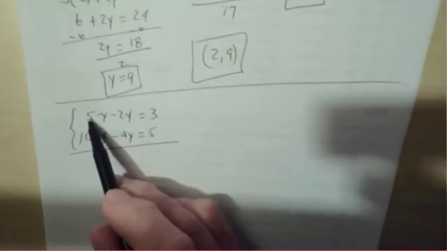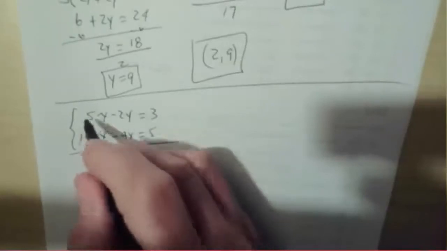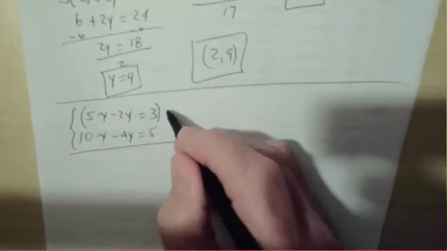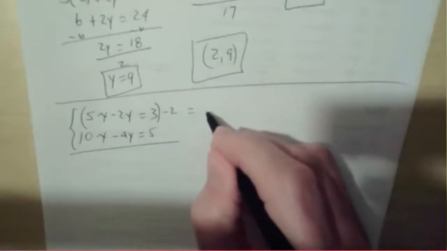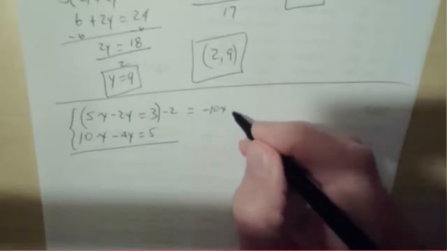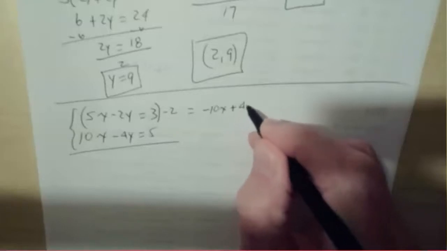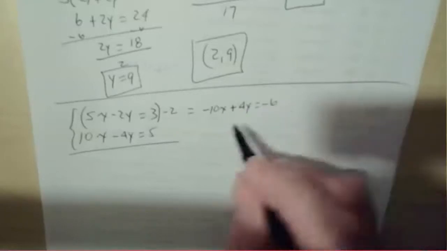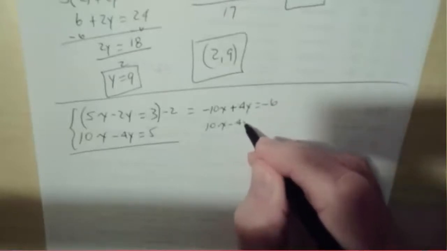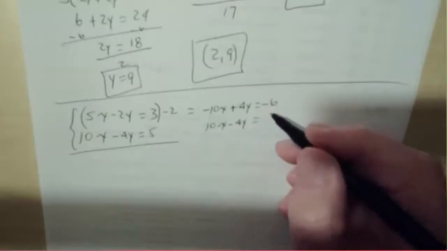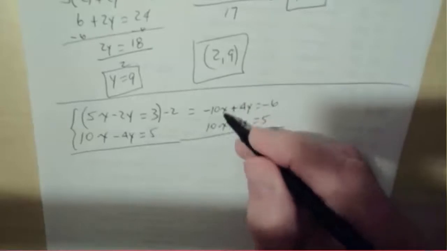Now we could multiply this by negative 2 and we get negative 10. So let's multiply this by negative 2 and we get negative 10x plus 4y equals negative 6. And this one is 10x minus 4y equals 5. Now when we add these together,